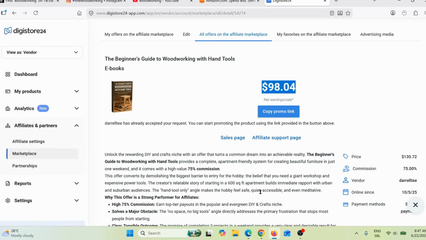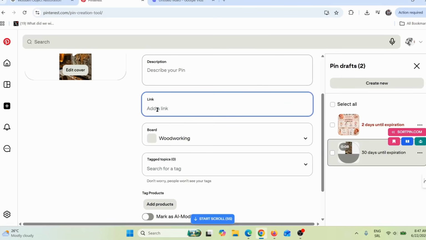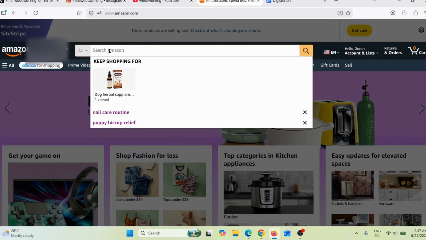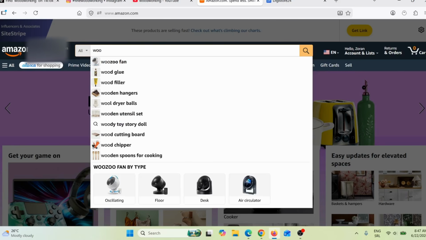Just go here on Pinterest and then here you need to paste a link to your landing page or a bridge page where you are promoting this product here. Now, better and easier way is to go here on Amazon and then here you can simply search some woodworking products. So for example,